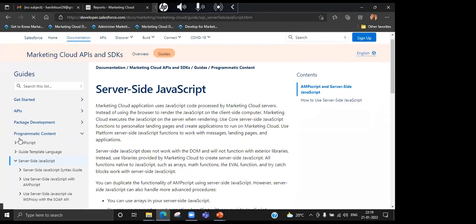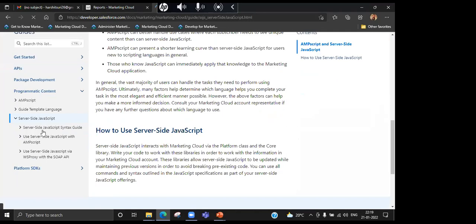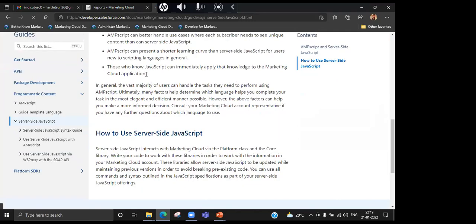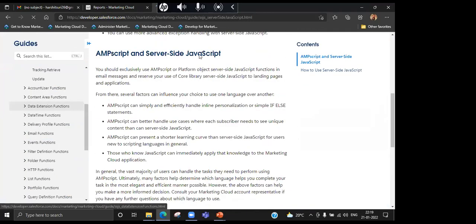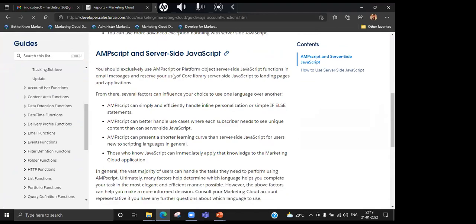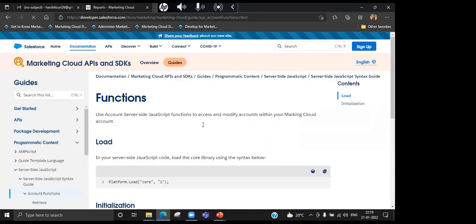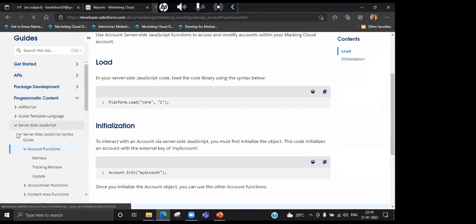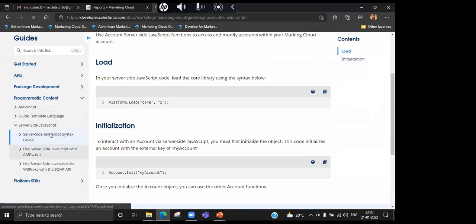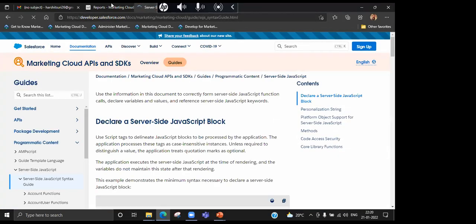I'll teach you the basic syntax. These are all the default functions. Server-Side JavaScript, to be more precise, is not a regular type of JavaScript, though you can see JavaScript in the name. It only deals with some standard libraries, which are specific to Salesforce Marketing Cloud only. If we get a chance to cover SSJS, we will see.